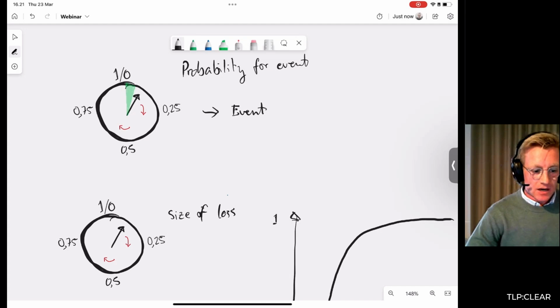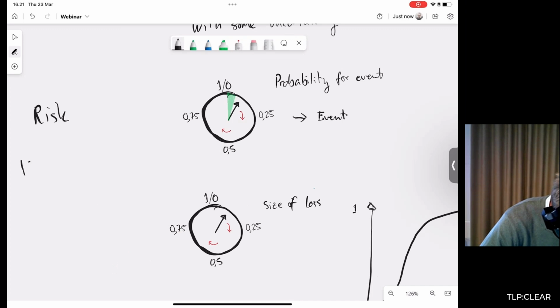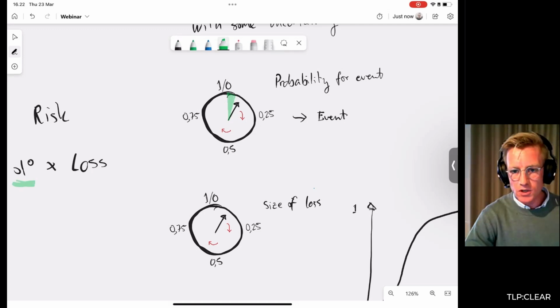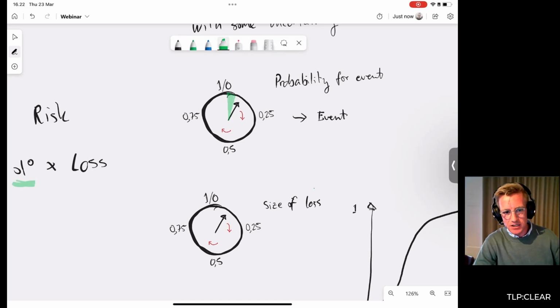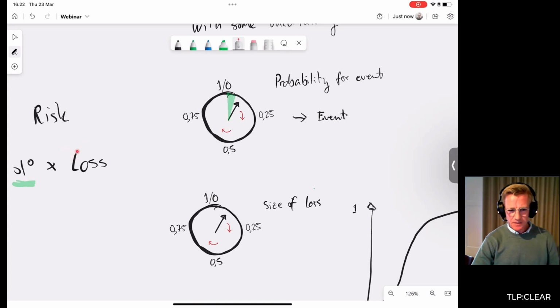Think now of the other side of the equation, right? We know that for risk, we have the probability times loss, right? Well, we do a spinner. We ask it each time we spin, did you cause an event or did you not? That's okay. That's understandable. Now we're going to look at the loss side. The loss side becomes a little bit more, you could say, complex.